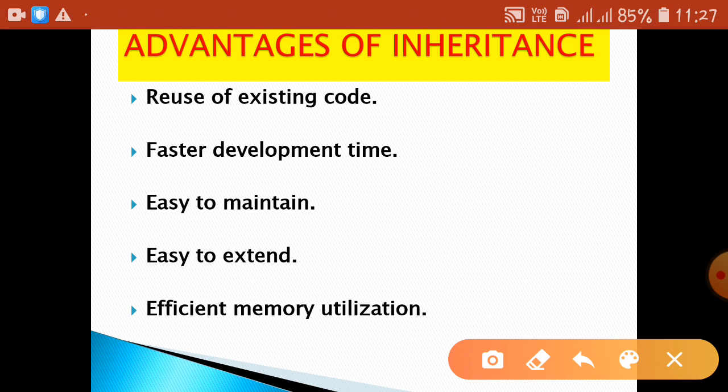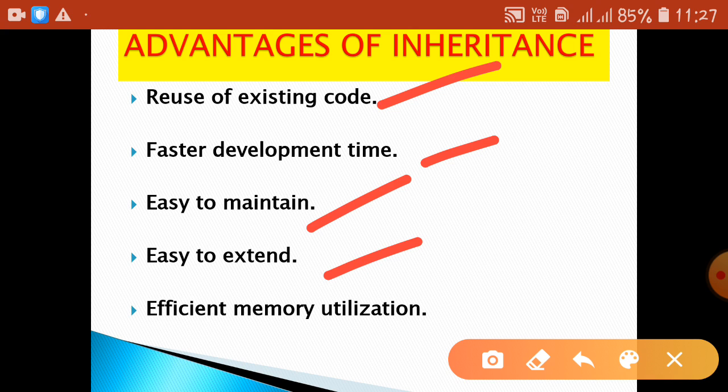Next is faster development time. If you have the same kind of base class features and you want to develop some software, then the time can be reduced. And it is easy to maintain also. The code can be easily maintained so that it can be used for further usage, and it is easy to extend also, because the features are the same kind of features inherited from the base class, is it right?